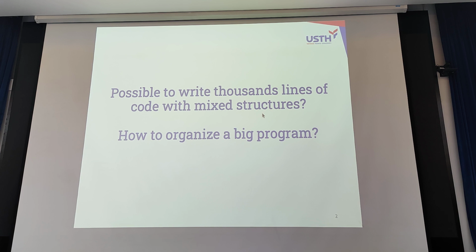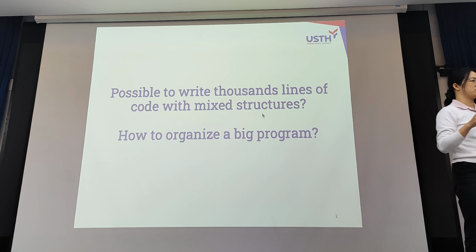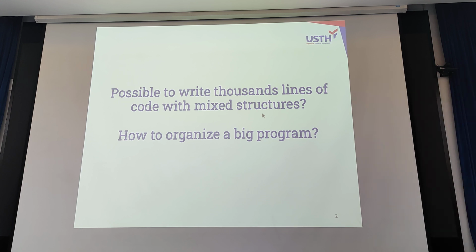To write the code inside a program, it contains a lot of code, right? What is the longest length of one file that you can write code in? Do you remember, 78 or 80 lines?